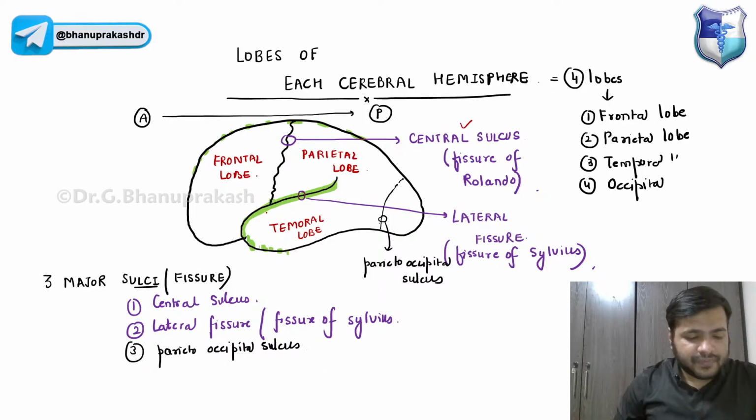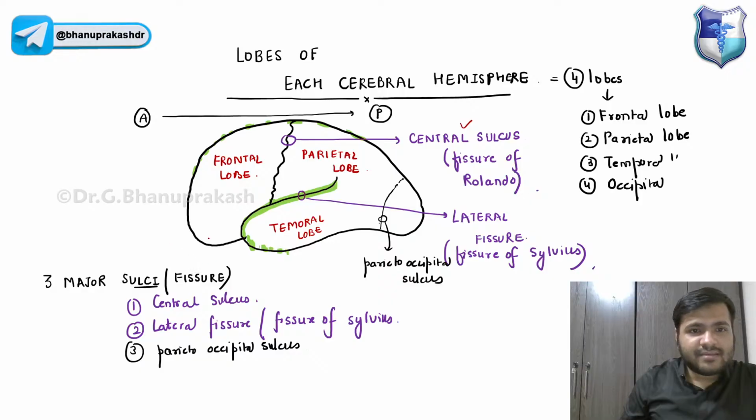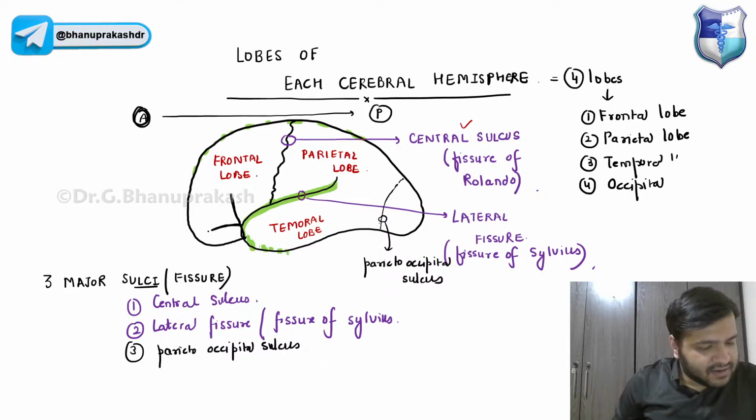Now, this fissure basically has three rami, guys. Remember, there is one ramus which is going upwards, and one ramus which is coming forward. देखो एंटीरियर ये वाला है, तो एक आगे की तरफ आ रहा है, तो एंटीरियर रैमस हो गया। एक ऊपर की तरफ जा रहा है तो असेंडिंग रैमस हो गया।